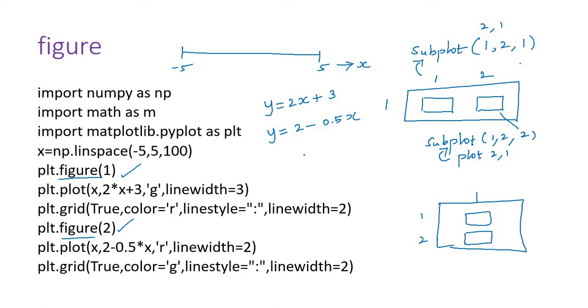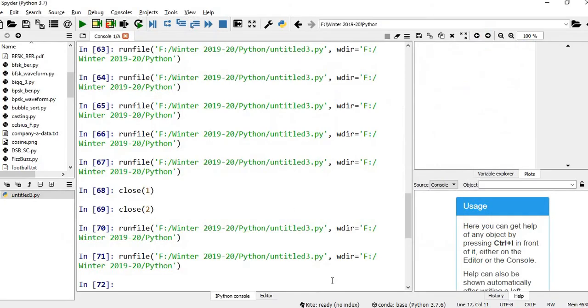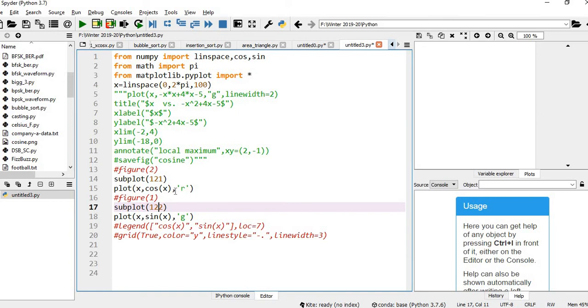We'll go for Python. First one is 2x plus 3. So let me change linspace -5 to +5.